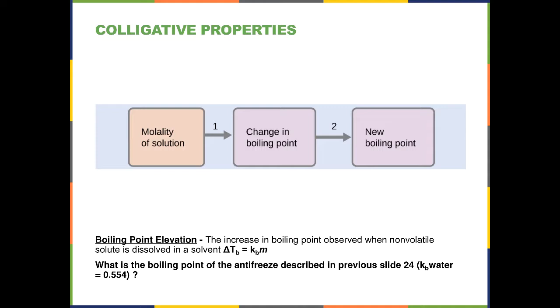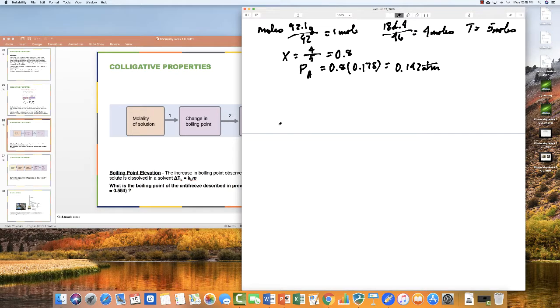What is the boiling point of antifreeze described in the previous slide, 24, and the Kb of water is 0.554. Okay, well let's take a look at that. You can look back, or you can just take my word for it if you remember that the molality that I had calculated was 17.9. And so the change in boiling point is going to equal Kb times the molality, which is 0.554 times 17.9, which if you do the math here, you get 9.92